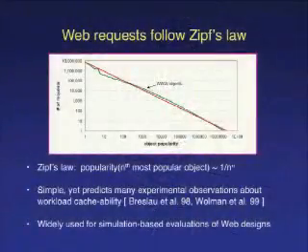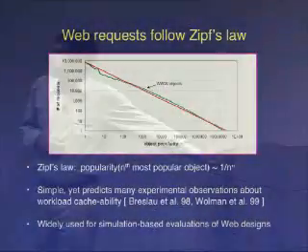Now, there are a few popular objects in the web, and these objects are repeatedly downloaded by many different users over time. And most of the web system designs are, in fact, optimized to exploit this locality or cacheability in the workload requests. In fact, researchers have shown that these request distributions are well modeled by what is known as Zipf's law. Zipf's law simply states that the number of requests that go to the nth most popular object is inversely proportional to n raised to alpha.